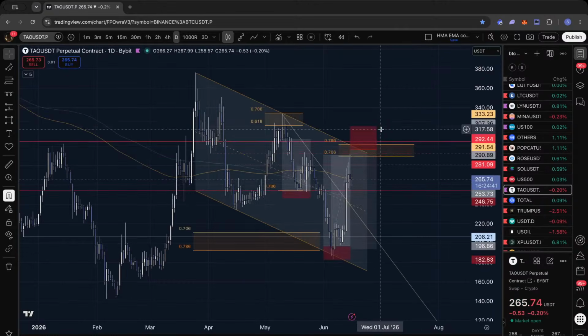Now, Tao, because I had a lot of questions about it, you can see here that plans went pretty nice on Tao. Both the shorts and the longs went pretty nice. Now I'm waiting for another short fill. I don't have it yet. I said that anything about maybe 292, 302, that area, I look for rejections and a low time frame model. For the moment, I don't have anything. I'm just waiting. I'm still riding the long.